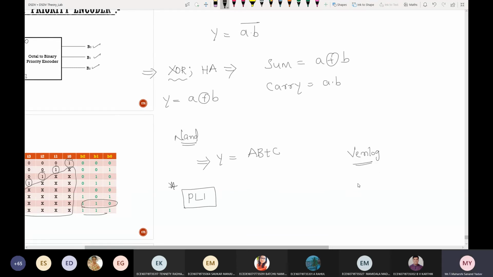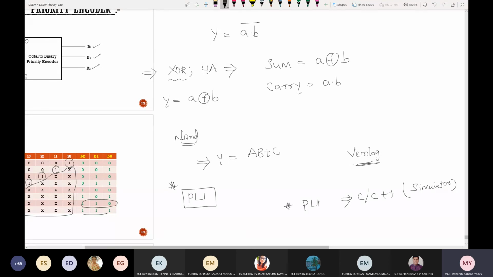From your Verilog code, you can call C or C++ by using these interfaces. Programming language interface means from your Verilog code, you are trying to call this particular logic. For this, some libraries should be interfaced and connected to your simulators in Verilog. In detail, I'll try to explain all about this PLI. That's the reason I left this concept.